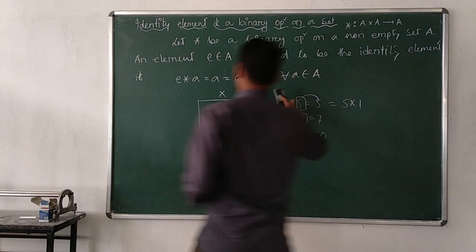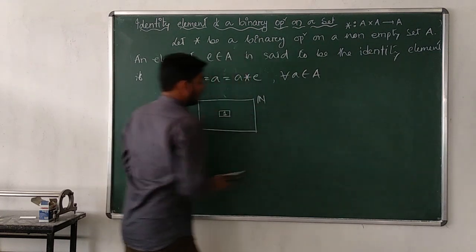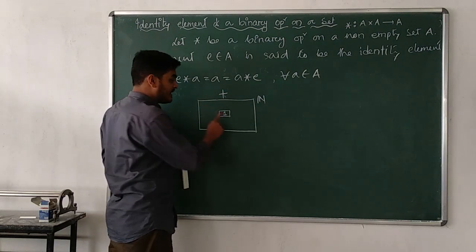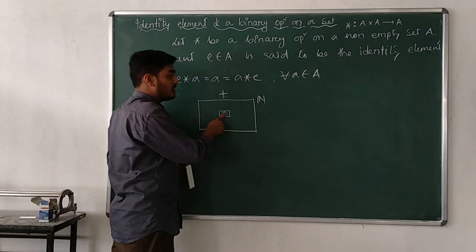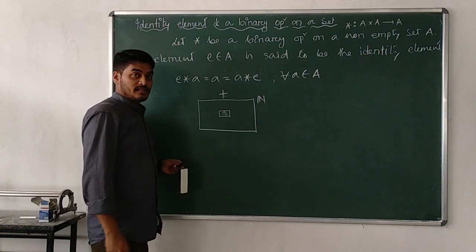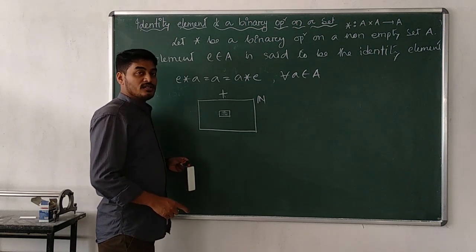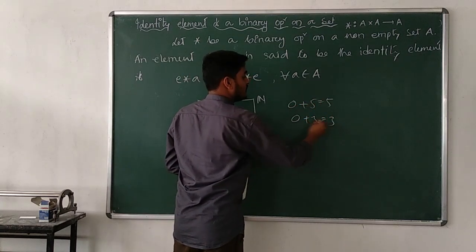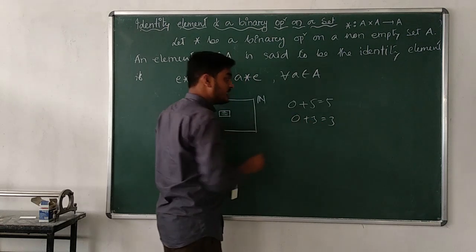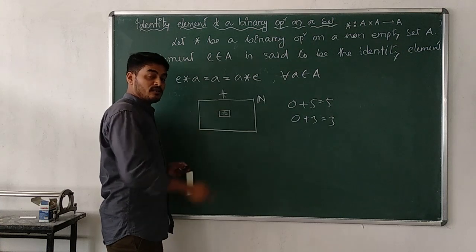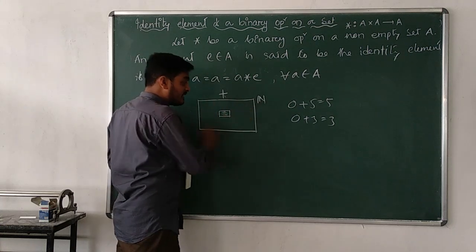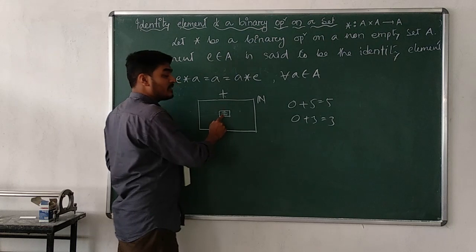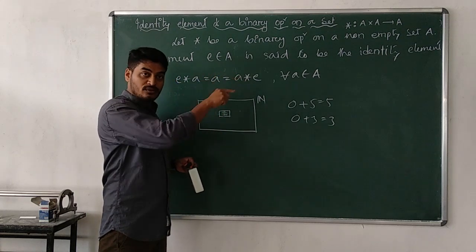Okay? So let us consider another example. It will be better for us. Let us consider the set of natural numbers. Suppose the operation is addition. Now my question is, is there any natural number such that when you add it to any natural number, the element will remain the same? Yes, there is a number: 0. 0 plus 5, what answer comes? 5. 0 plus 3 gives 3. Correct. So 0 is that number, since adding 0 to any number keeps the number the same. But I am asking, is there any number in the natural number set? 0 is not a natural number. So for addition, the identity element does not exist here. No doubt adding 0 keeps the numbers the same, but 0 is not an element of this set.